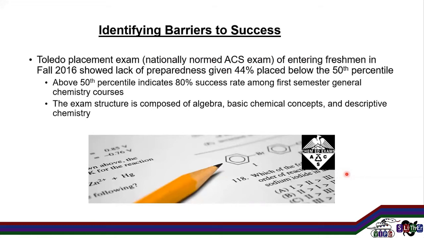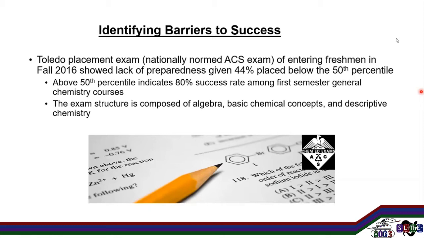All right, so what we wanted to do is identify what that barrier was. And so the first thing we did was we looked at a nationally normed ACS exam called the Toledo exam. And we took all of our students in the fall 2016, and we gave them this Toledo placement exam. And what we found is that 44%, according to the Toledo exam, 44% of our students scored below the 50